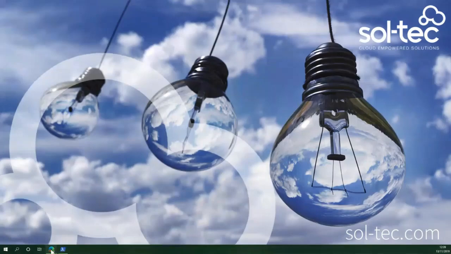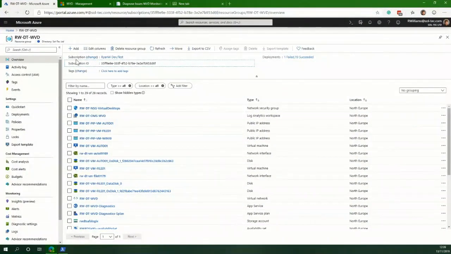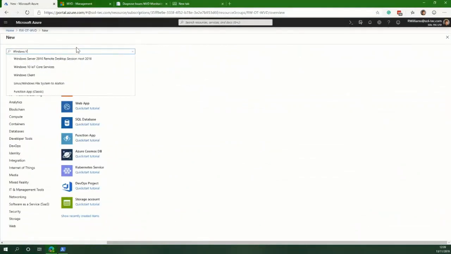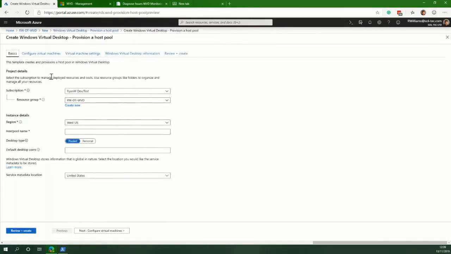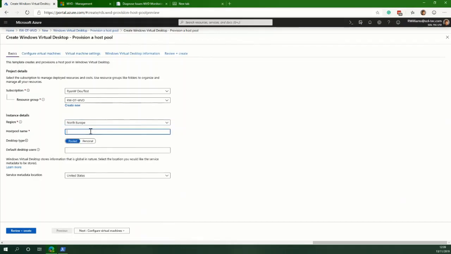So next, we're going to go into the Azure portal and I'm going to deploy a Windows Virtual Desktop host pool. I'm going to select create a new resource. From here, I will search for the Windows Virtual Desktop host pool option and select create. And I'm going to fill in some information such as the region, the host pool name,